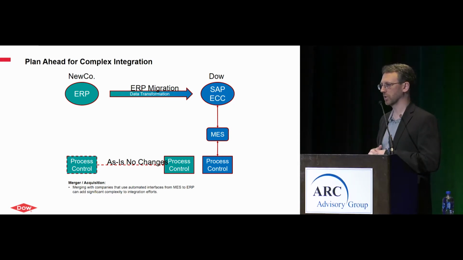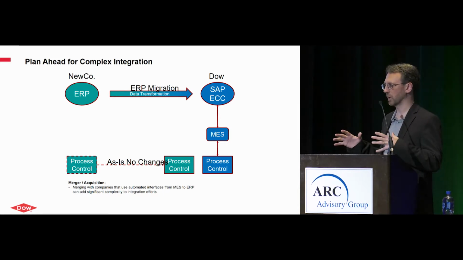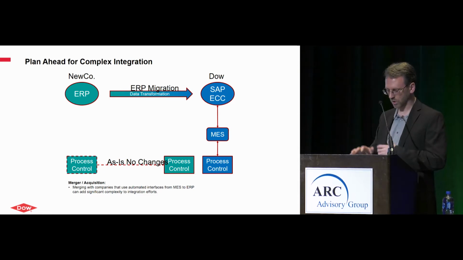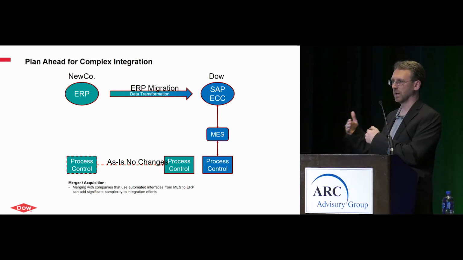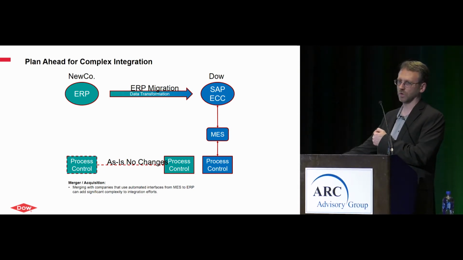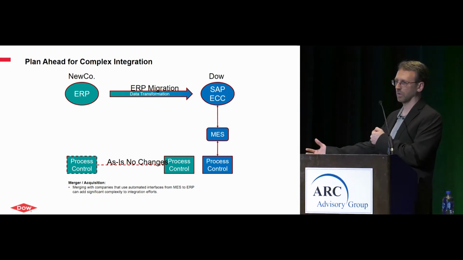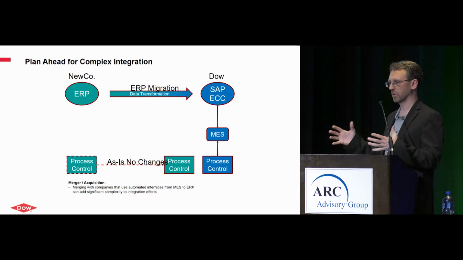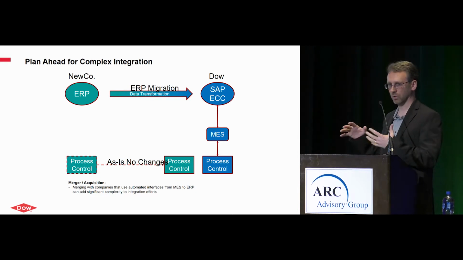So we have a single SAP instance of ECC that runs the whole company, and we try to standardize as much as we can on the business processes cross-functionally, and then we look at the gaps with the new company against our current design and figure out how to get that company into our system, and then how to train those people on how to work within our business processes in our system.